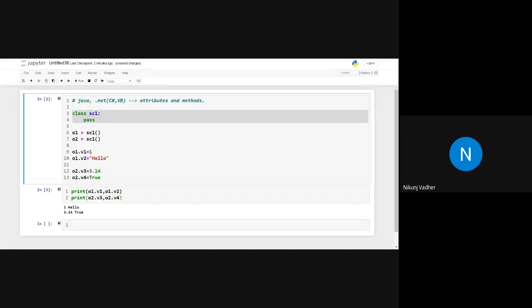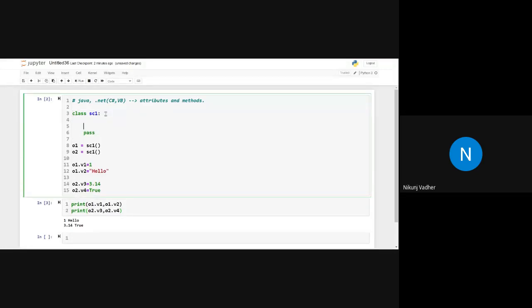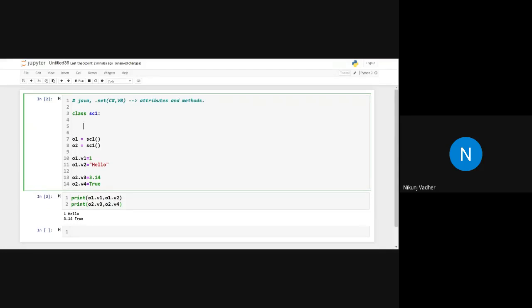Now let's do one thing. Let's implement a simple method in the class. We will go step by step. Let's assume that we will use V1 and V2 everywhere, so here also we will use V1 and V2, and we can use those same in the method. Let's say we define one method, init, initialize, and there we will pass the reference of the class, self.